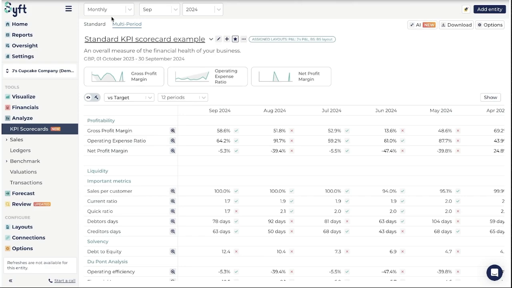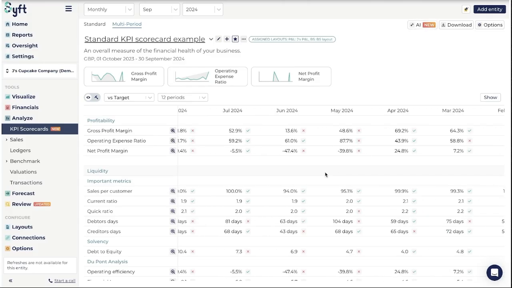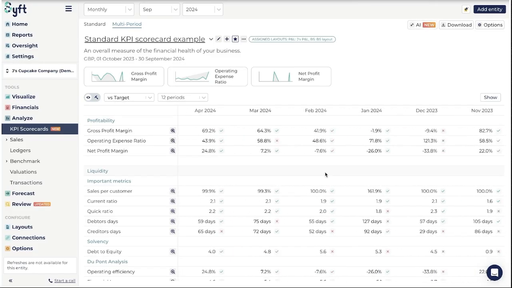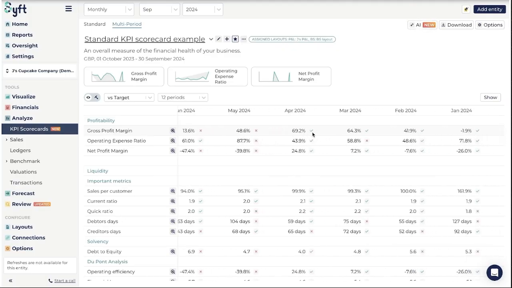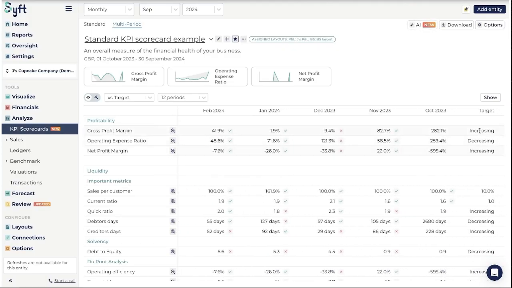So here we'll be able to see monthly data ending in September 2024. Over here we can see how many months we're looking at. So we're currently looking at 12. So if we scroll to the right, we'll see 12 months, and the last one is September 2024. We're currently comparing to targets, and so for each metric, it tells us if we've met this target each month with a little tick or a cross, and we can go and see what that target is on the right